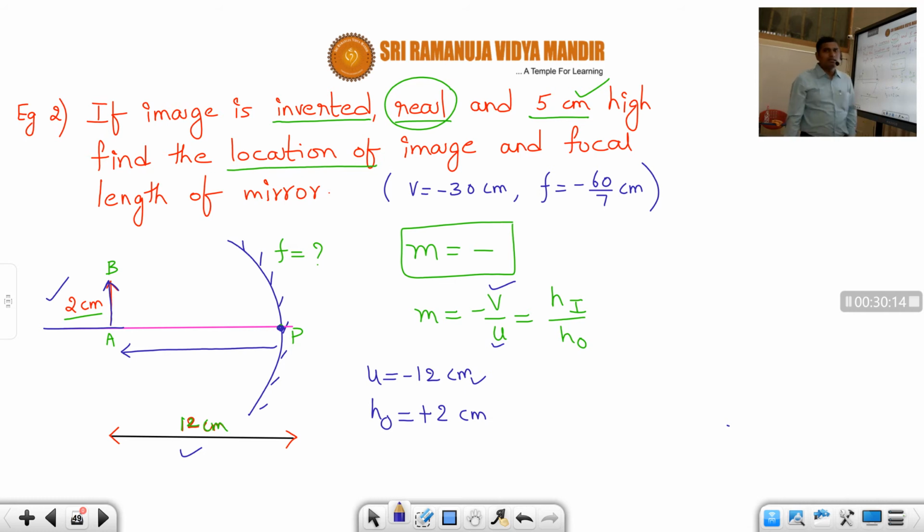You have to be very careful with the sign convention, students, because without sign convention, if you substitute, you will get an answer, but it is not the right answer. Substituting these values, we can easily calculate the position of the image and also the focal length of the mirror. I'm giving this as homework, students, so please do this as homework. In the next session, I'll solve this one, and then we'll have some more problems on the same topic, spherical mirrors. Some more problems on how to find the image distance, object distance and focal length for both convex mirror as well as concave mirror.